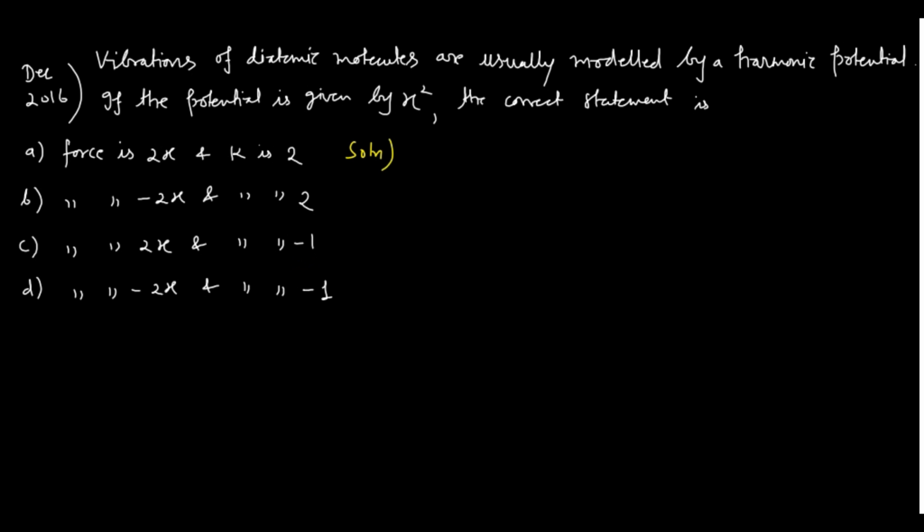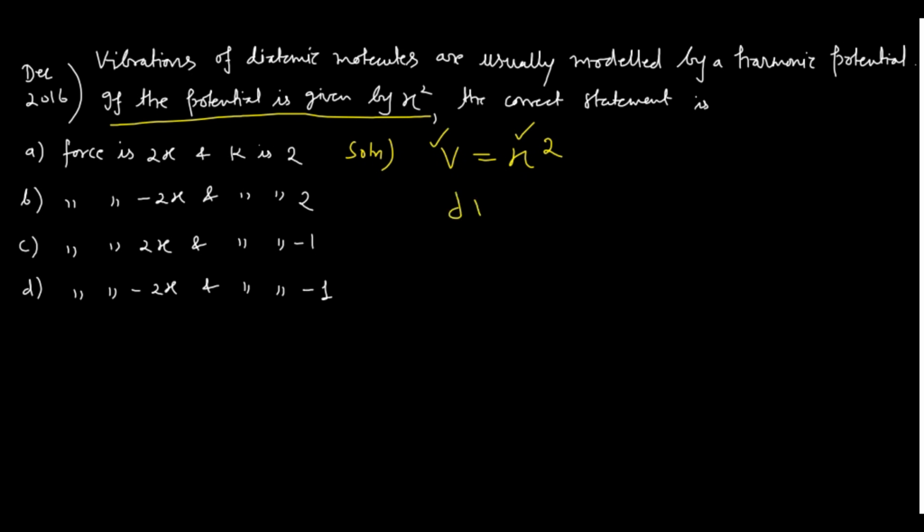The question is saying that the vibrational potential is given as x square. If the potential is given by x square, you can write V equals x square. Since it is changing, this potential is a function of x, which is the displacement. So you can simply apply calculus to this, right? So what you can do, you can write